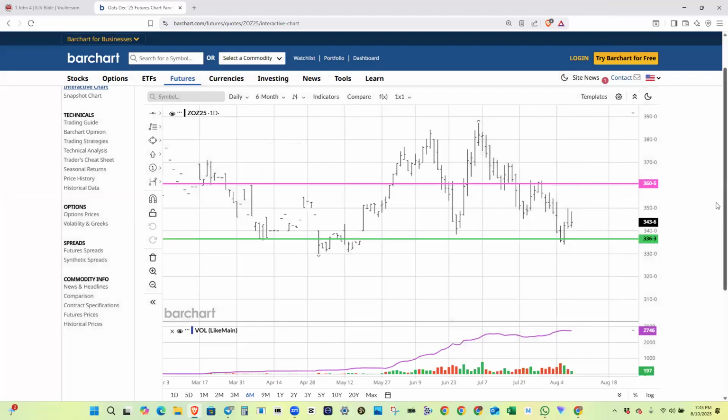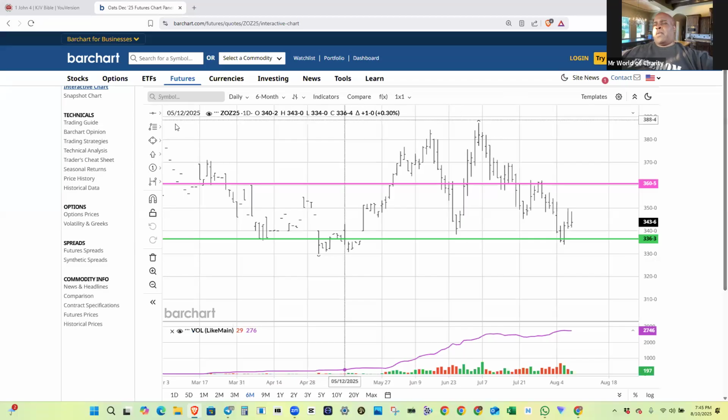All right. In order to know what 24 points, 24 cents represents, you have to know the point value. When it comes to oats, every point, every cent equals $50. So when she got in at 360, trading it down, when it went from 360 to 359, what was her profit?